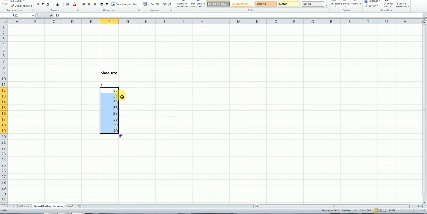Now the frequencies. Frequency, the number of students with each number for their shoe size. So with 33 we have found 3 students. With 34, 4 students. 35, 8 students. 36, 2 students. 37, 0 students. 38, 3 students, 39, 2 students, and 40, 1 student. Okay,